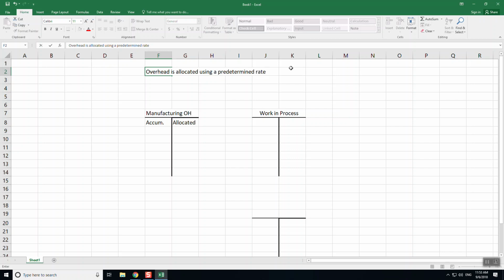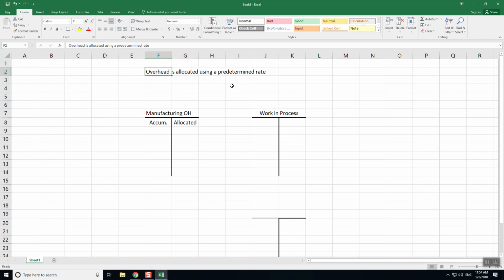The thing is, we start allocating before we've accumulated all of the overhead, because these jobs start, a lot of times, before we've incurred any overhead costs. So we don't necessarily know exactly how much overhead we're going to incur when we start allocating overhead. That's why this is an estimate. It's called a predetermined rate. So we come up with this predetermined rate,